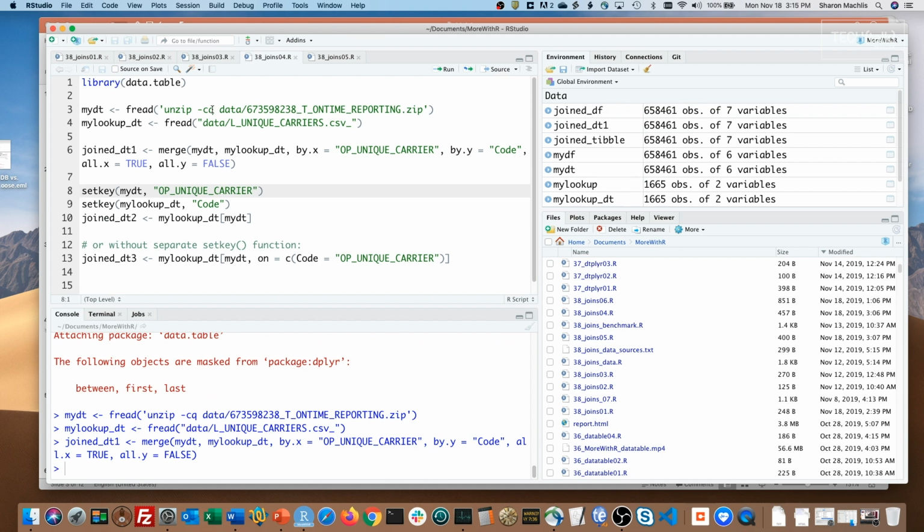If you want to use data.table syntax, you can first use the setkey function to set which columns you want to join on. Then the syntax is, as you see on the last line of code, your lookup table here, or what was the right data frame, the one where you don't want all the rows, only the matching ones, open bracket, table with the data, and close bracket.